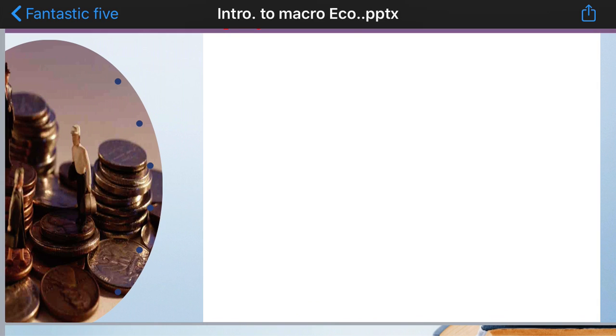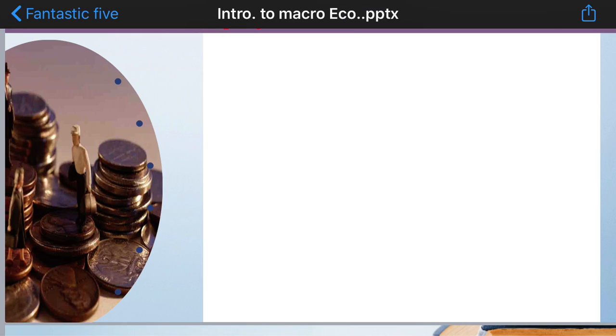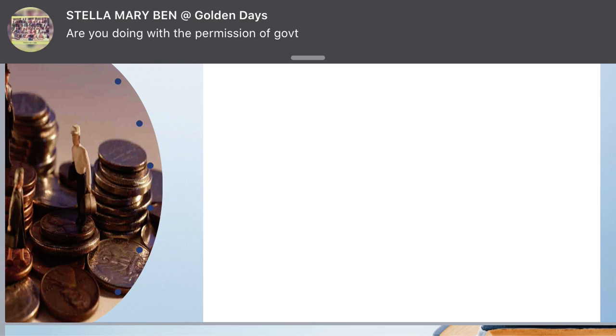Then macroeconomics helps us to study about inflation. What is inflation? Inflation refers to a steady increase in the general price level. We have seen in 11th standard: too much money chasing too few goods is called inflation. If gold is 4,000 rupees per gram, that is only called inflation.